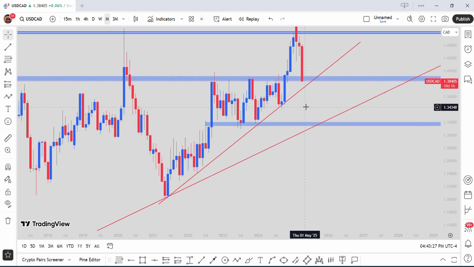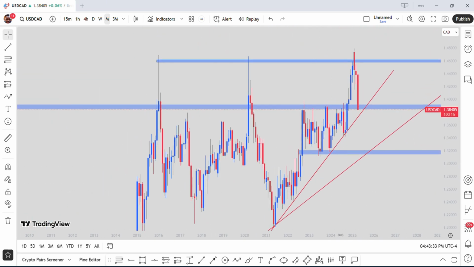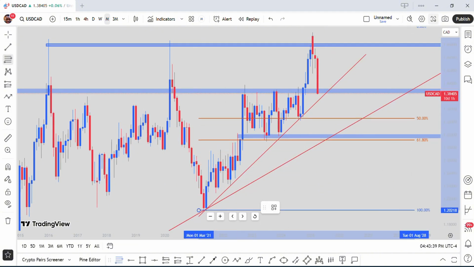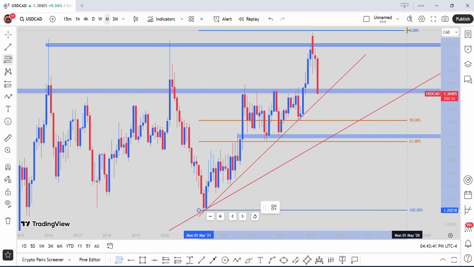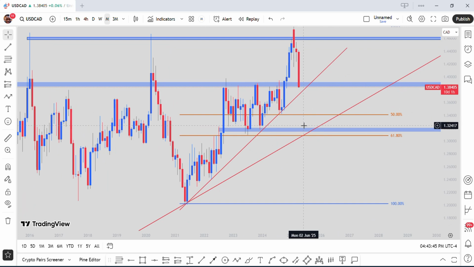But if price should clear this inner trend line, then price will be coming back down to touch this outer trend line. So price will be moving back to the downside to touch this outer trend line, and this also aligns with the Fibonacci level. So if I draw this Fibonacci from swing low to swing high like this, as you can see, this also aligns with this Fibonacci level. So if this inner trend line did not hold, if price should break it to the downside like this, I'll be expecting a further push to the downside into this major level, right, into this major support level, and